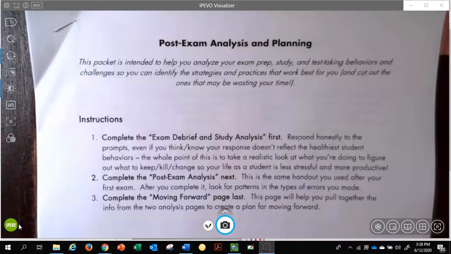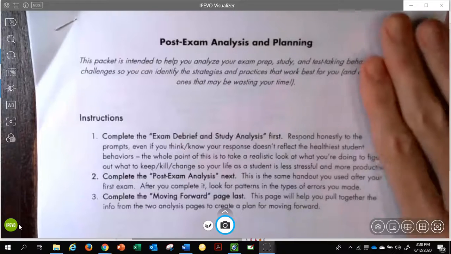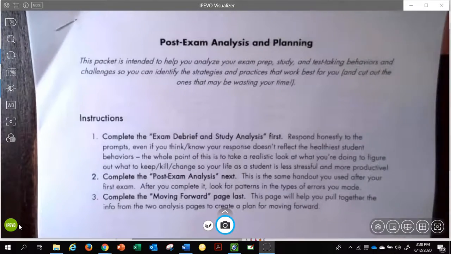next. So in this case, I have just recently returned your test to you. It could be test 1 or test 2. But looking at this post-exam analysis, I have this in your document sharing, and there are actually 2 documents. One that's a larger document and one that's just a couple of sheets. So what I'm going to show you, I would encourage you, and I do encourage you, to do this for